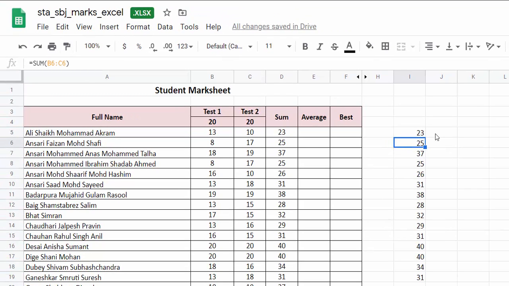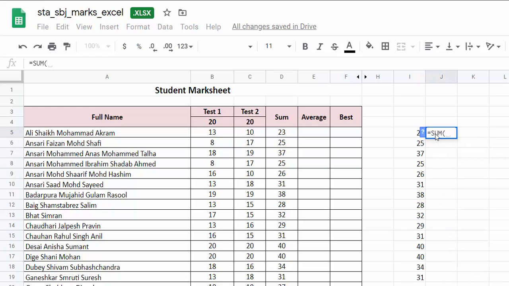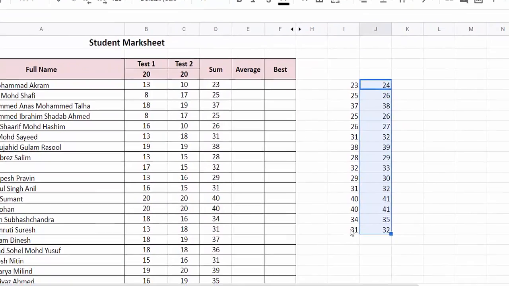If you want to add some constant value to it, so you can say sum into bracket this comma 1. So constant value, here we are saying 1. So constant value is added into this value.